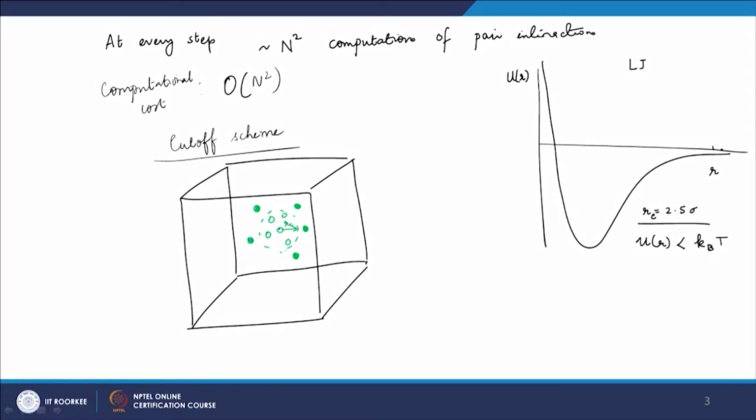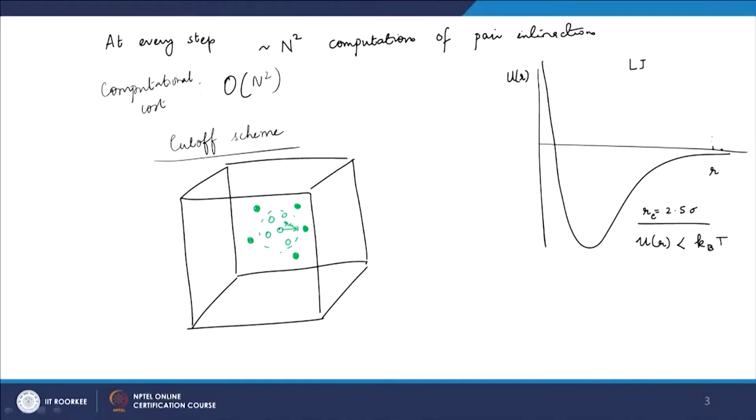Okay. So, keeping that in mind, now you can see that at every step I am not computing n square interactions, because for every particle I am computing a much lesser number of pair interactions compared to n square. So, what it means is my computational code will be much faster depending on the cutoff distance, subject to the fact that I will make a small error in the energy because I am cutting it off at some value. So, let us say if I cut it off there at 2.5 or whatever I choose,